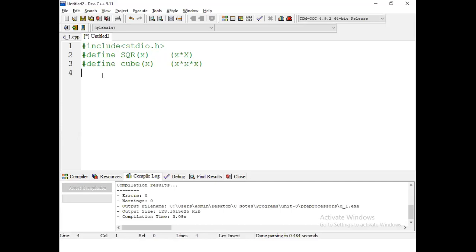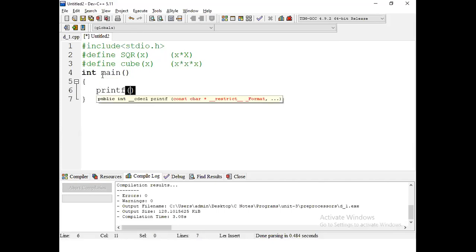It's very simple. In the main, printf. We can directly print the squares.